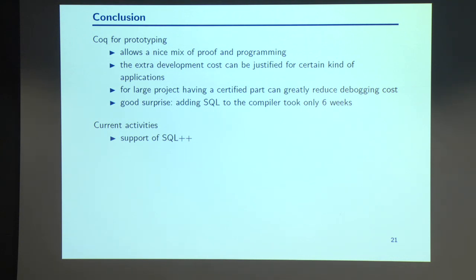So to conclude, in my point of view, the ability to mix proof and program inside the same framework was really key to the success of this project, because the product team was not interested at all in the fact that the compiler was proved. They just wanted to have a prototype in Java, and we said, okay, for us, we think that it's going to help us to do that. And if we had to prove all the bits of the system, we would have never been able to deliver something to the product team. And also to do experiments, it was really key.